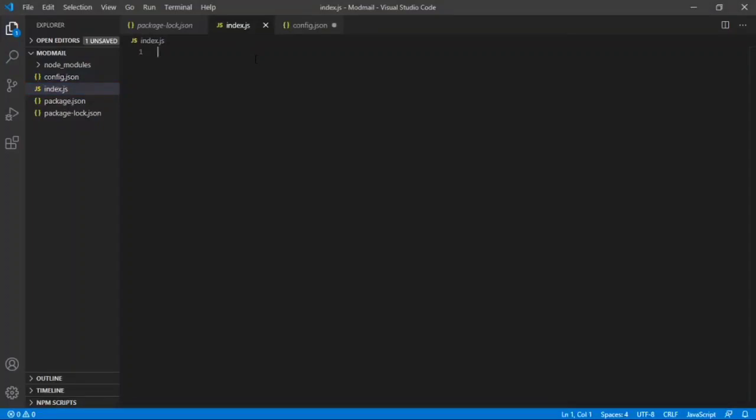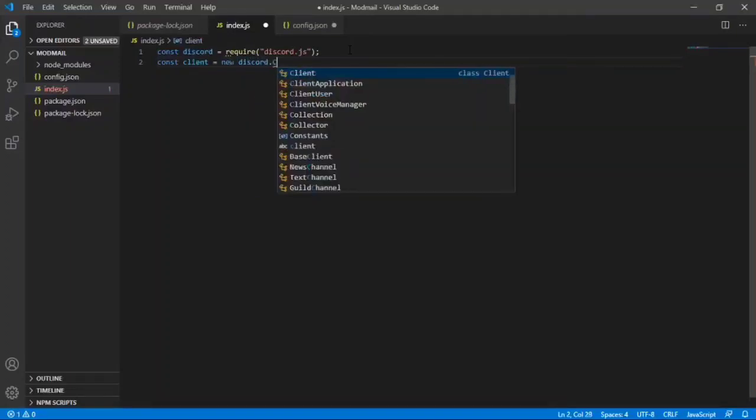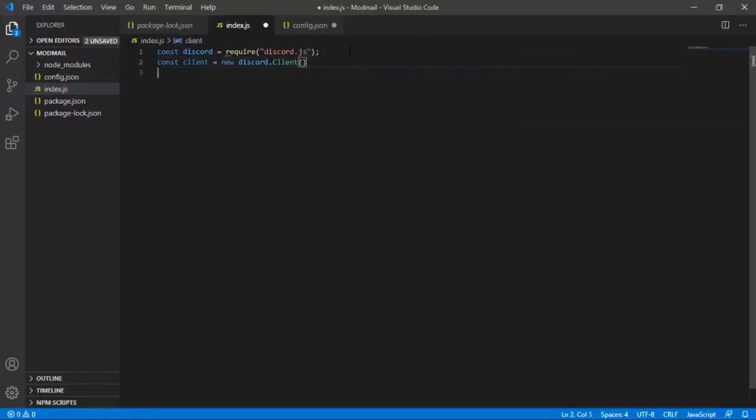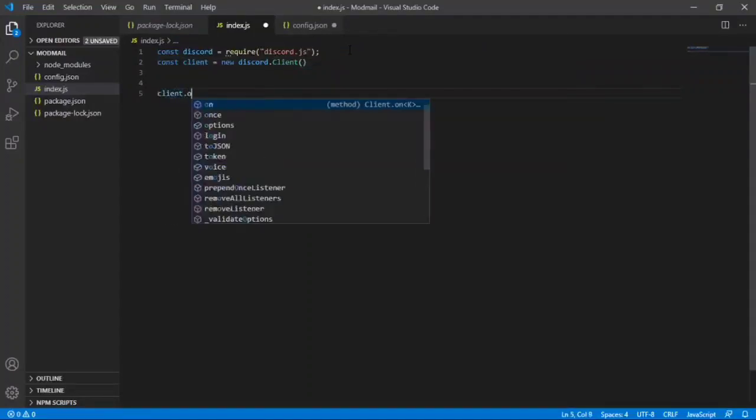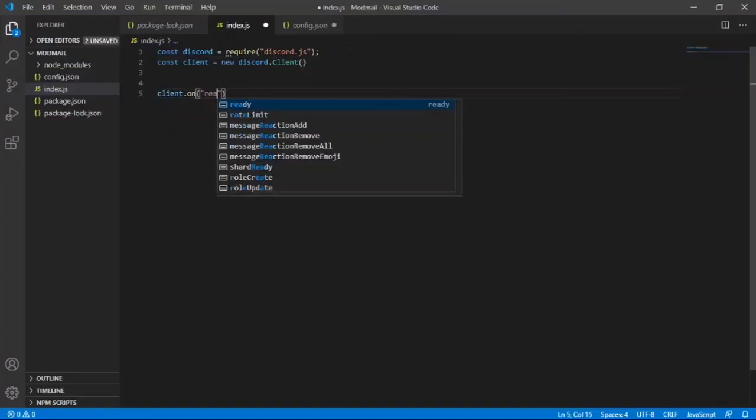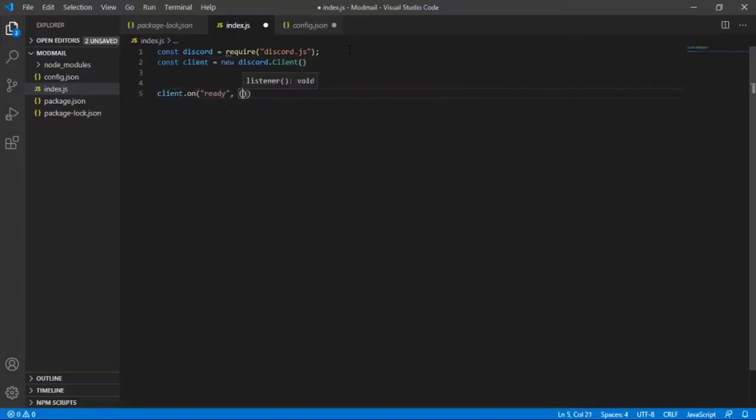Get back to the main file and start with the normal template. Const Discord equals require discord.js. Const client equals new Discord.Client. Now the ready event, client.on ready, then